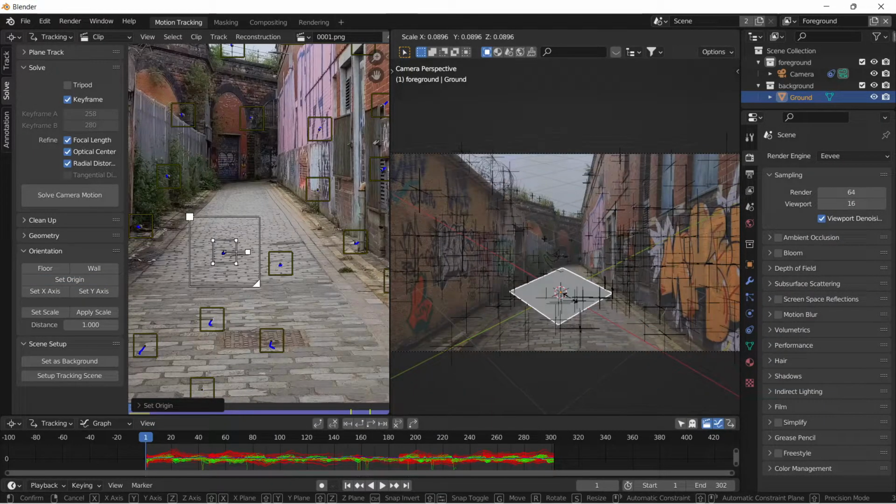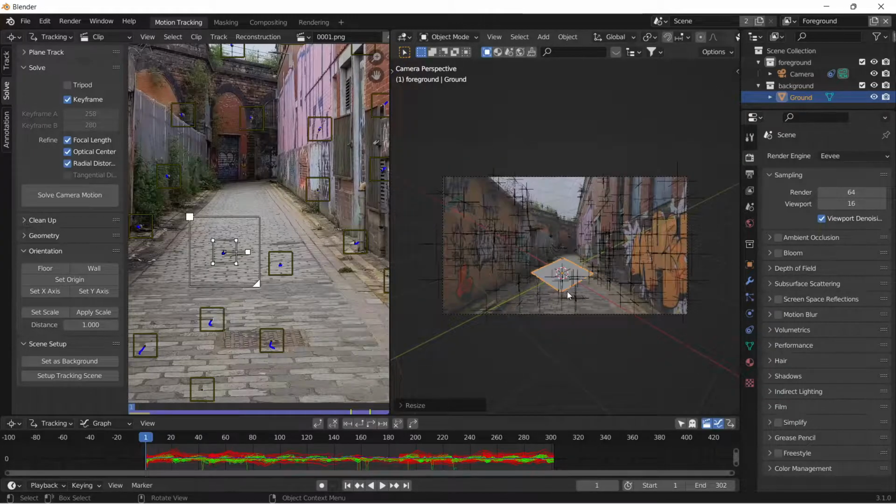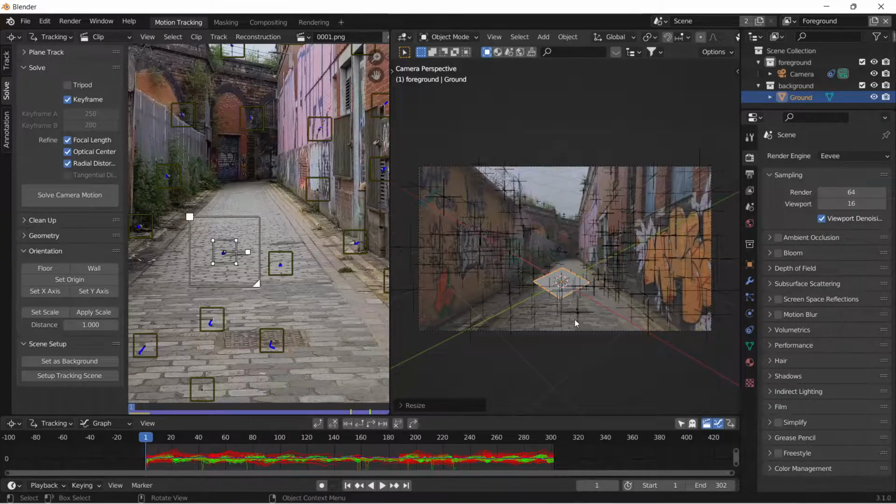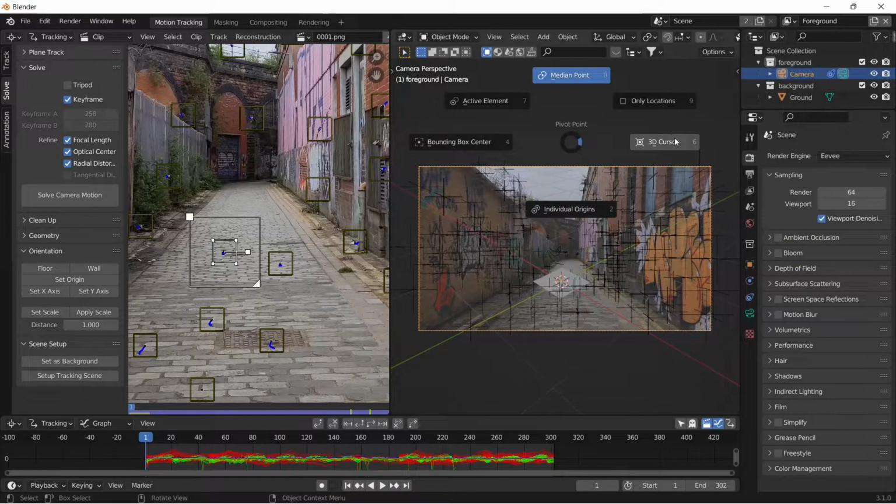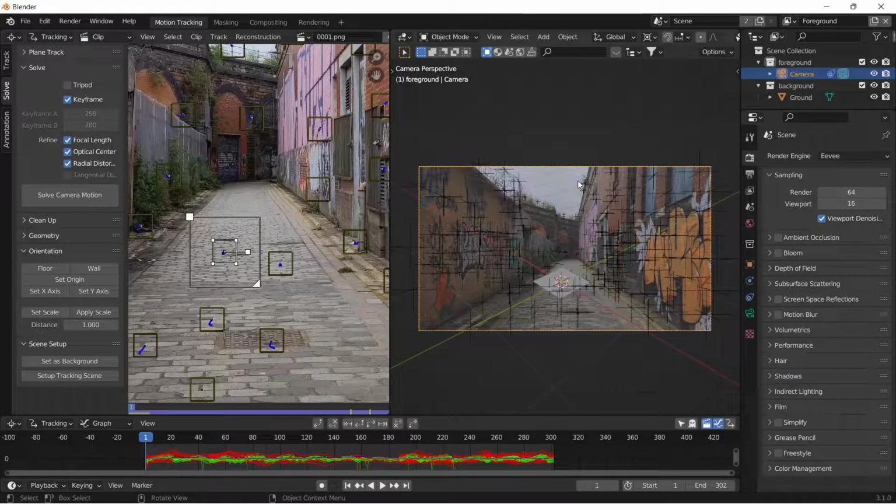And we're going to scale this down. Now the only problem we have is that the X and Y axes are off. The reason why this is important is because when you start adding elements to your scene, they're going to pop up and they're going to be dysfunctional. So in order to fix this, we're going to rotate the camera itself in 3D space. However, before we do this, we have to make sure that we are off the 3D cursor. So now we're going to rotate the camera by,